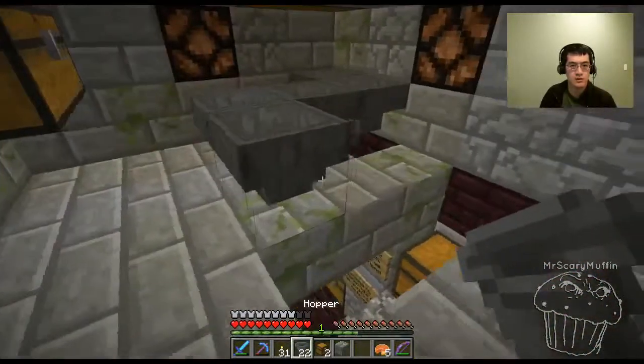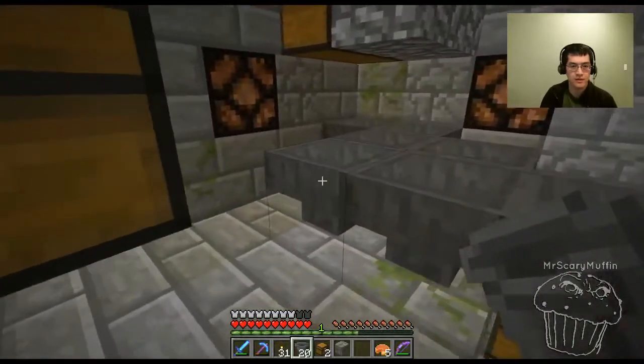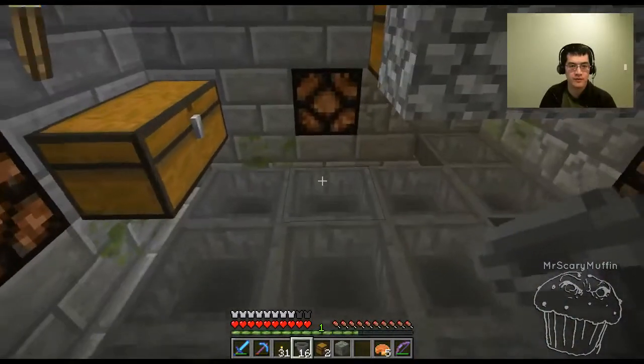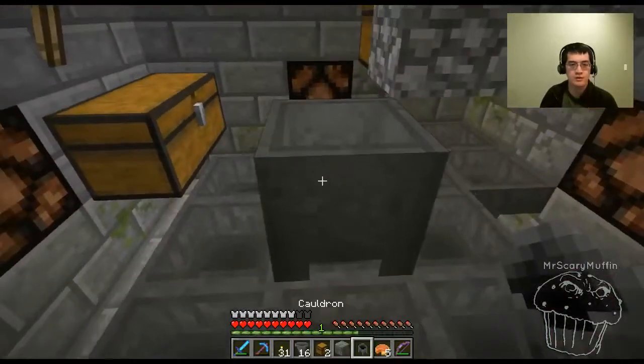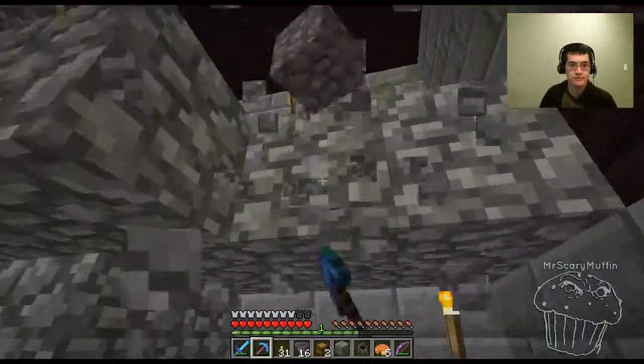Alright, so I'll go into here, and just need to feed them in some way, shape, or form. Now, the trick that JL used was he used cauldrons to hold the chickens. And basically,